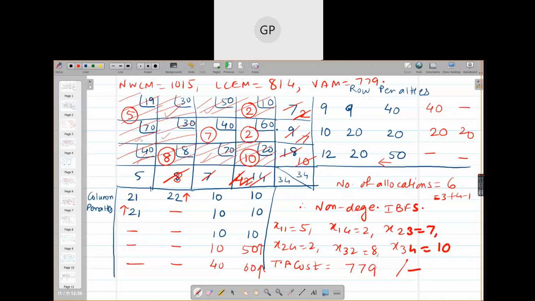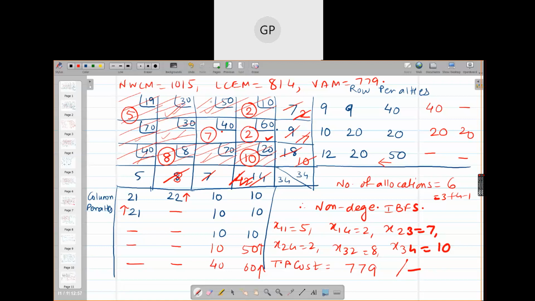But because of the limitation of each method, we could not consider certain cells. For example, here you used the cell with cost 60, you have put 2 units, but you could not consider the cells where there is cost less than 60. Like this 30, you could not consider them. 30, 30, 40, 40, 50. Those are the costs smaller than 60, but you couldn't consider them because the method doesn't allow you. And we overcome all these problems in the optimization techniques.